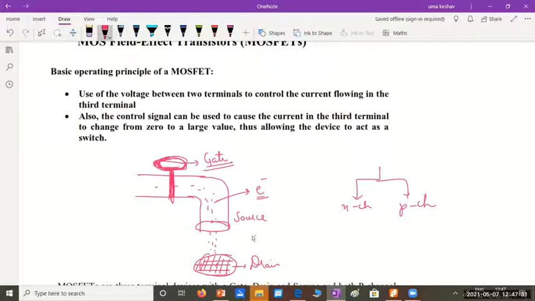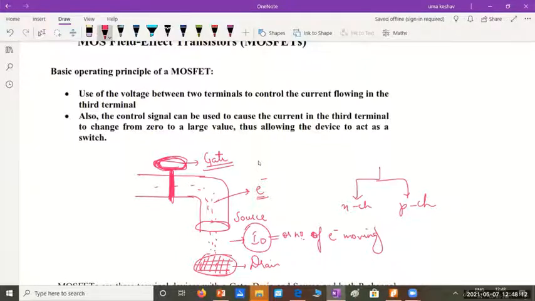Or in other words, the drain current, the output current, or number of electrons moving, can be controlled using this gate terminal, which acts like the knob of the tap, right? This is the basic. And then we have N channel, P channel. What do you mean by N channel? The N-type charge carriers are enriched. Exactly, it is electrons which are moving and the channel that is created.